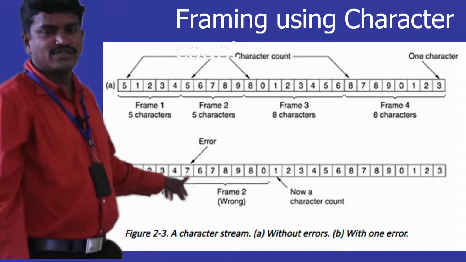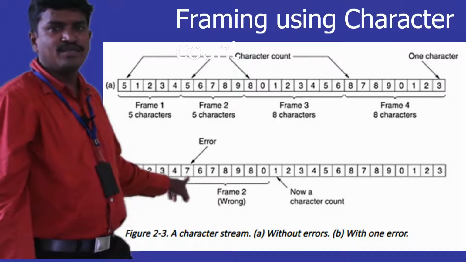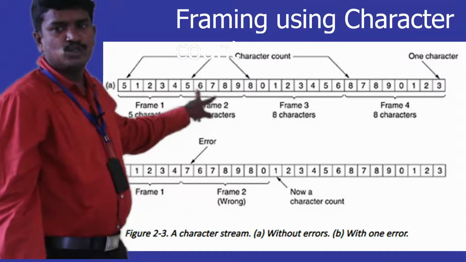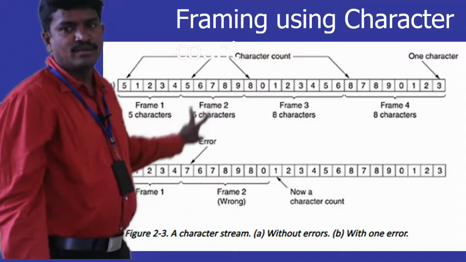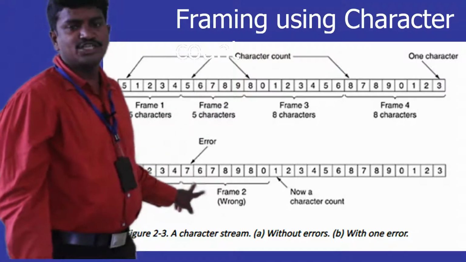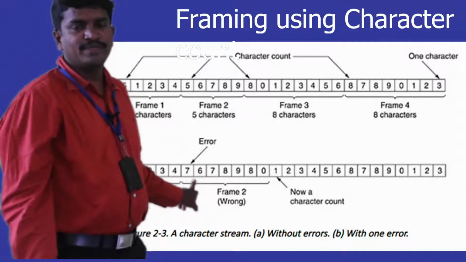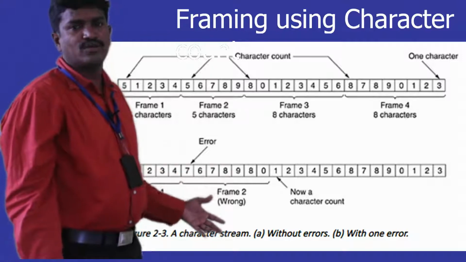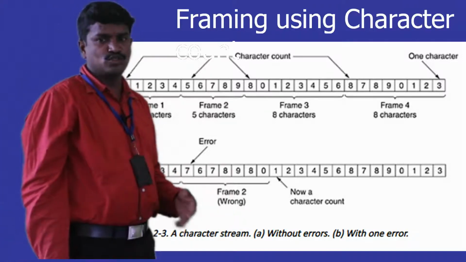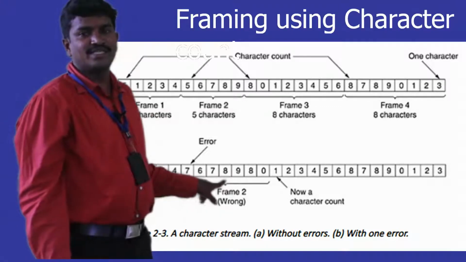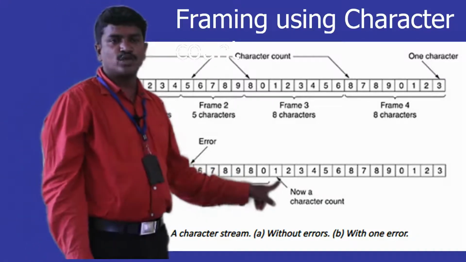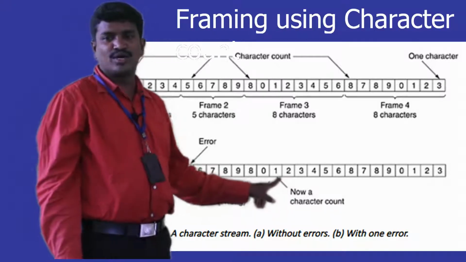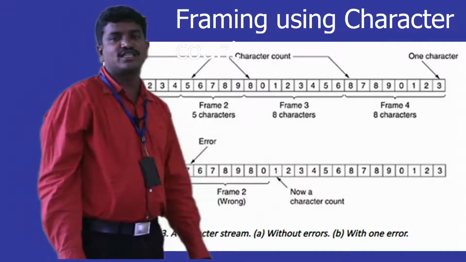Then what happens at the receiver side is, the receiver will understand 7 bits are considered to be part of the second frame, but actually only 5 bits are part of the second frame from the sender side. But when it comes to the receiver, because of the change in one bit, the entire interpretation is violated. We are not going to take the original data which we have sent. So it is going to take 7 bits as the second frame, and then it looks into the third frame length, but the third frame length is in this case 1, but originally the third frame consisted of a length of 8.